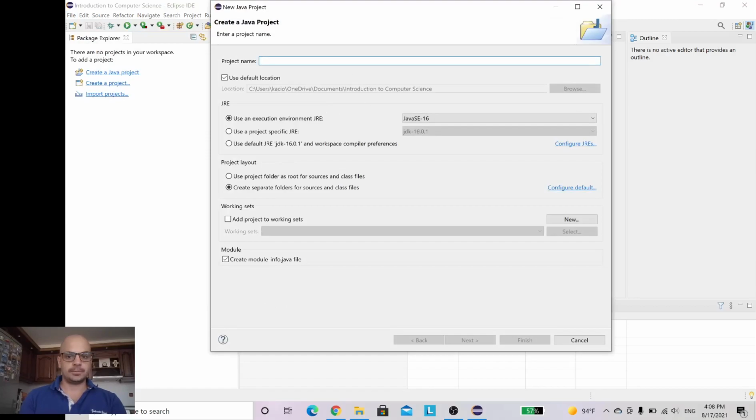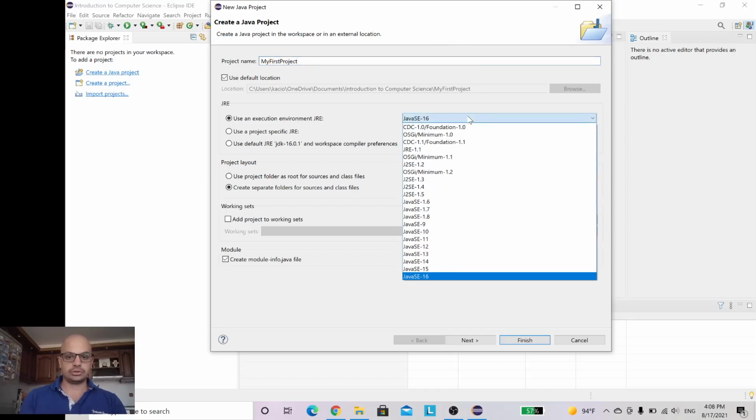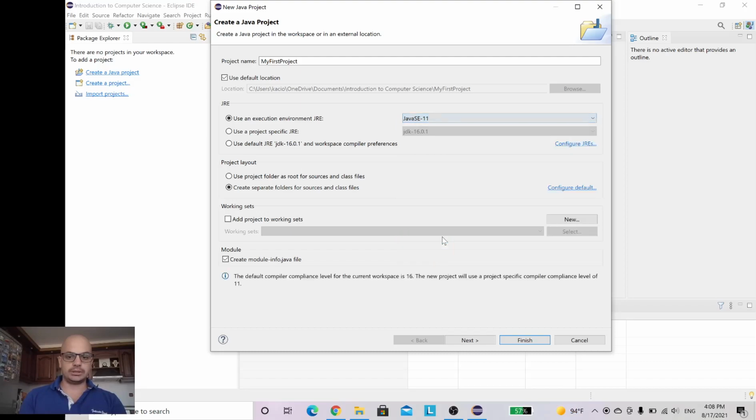Now the first thing is to give it a name. I'm going to name it my first project. After that, you need to select the version. If Java SE 11 is the latest version you have, you are going to have it automatically, but in my case, as I have up to 16, I'm going to use Java SE 11.